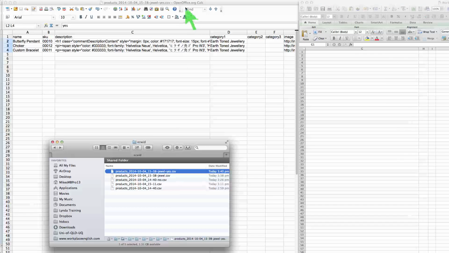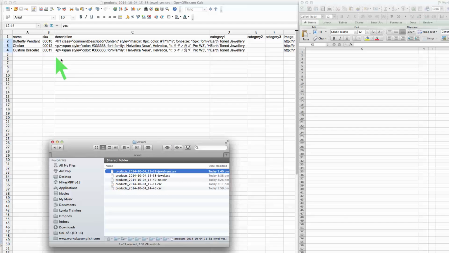So over here in OpenOffice, the OpenOffice spreadsheet, which is called Calc, I have this file here, the dual yes CSV file. And as you can see, you've got one spreadsheet row per database record, basically, per item. And that's how it should be. Okay, and now if I open this,